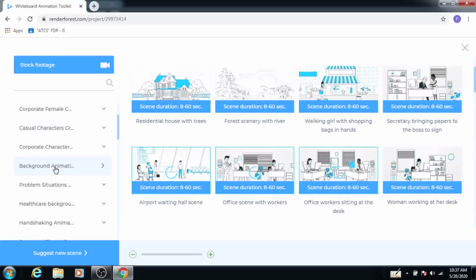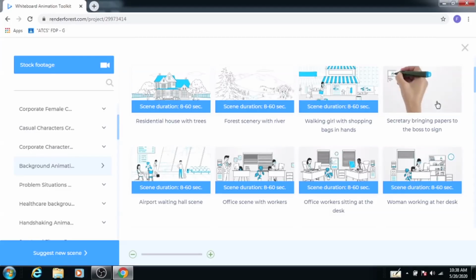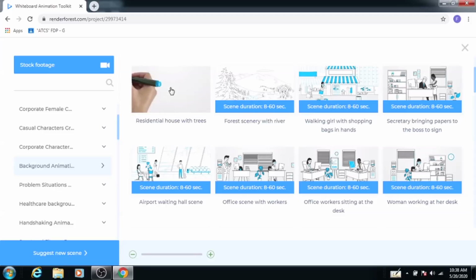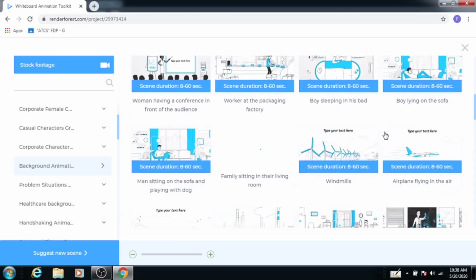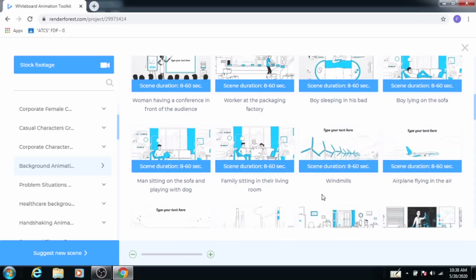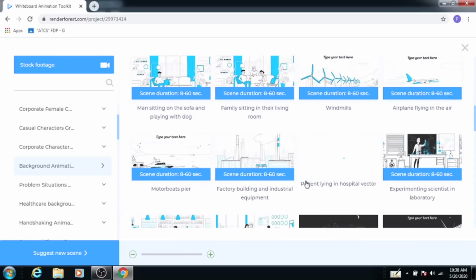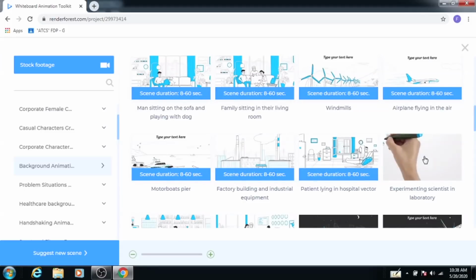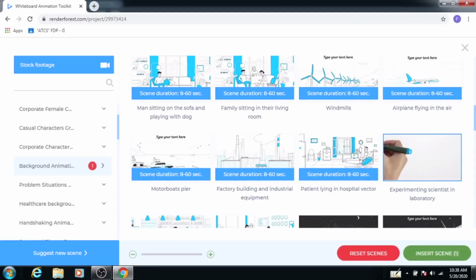As you click on the background animation button, a number of options are there in this background. Select this one, and now click on insert.